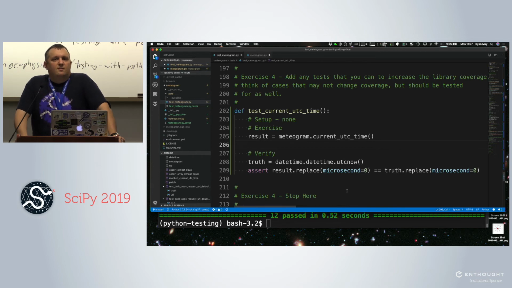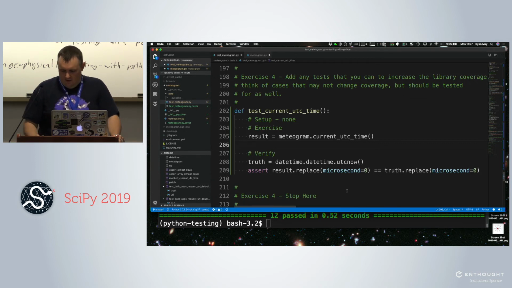How many of you all have used matplotlib for plotting? Okay. How many of you would have liked to be able to check whether your plots are working or breaking? Okay, so that's one of the other advanced topics we're going to cover here in the next few minutes is image testing. So there is a plugin for pytest called pytest-mpl. And what that enables you to do is to write tests that generate matplotlib figures and have it do a pixel by pixel comparison of the 2 images and see, are your plots still producing the same results?